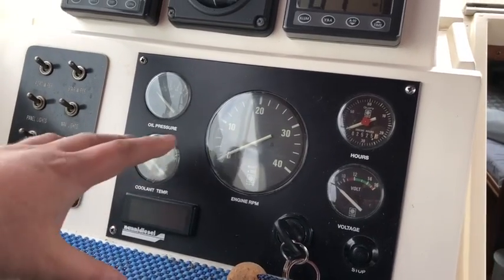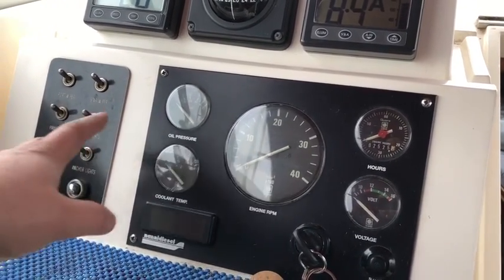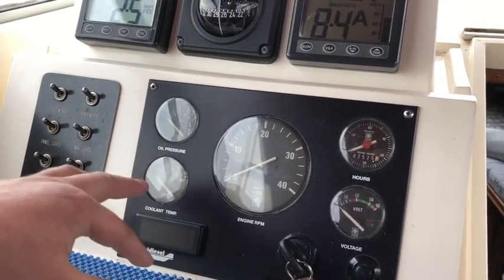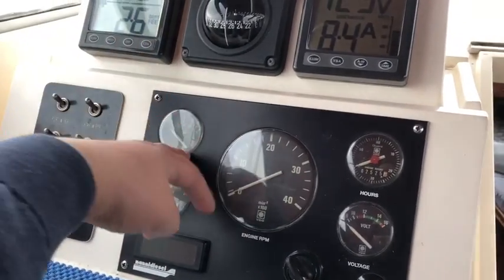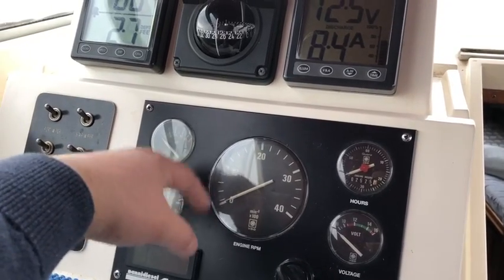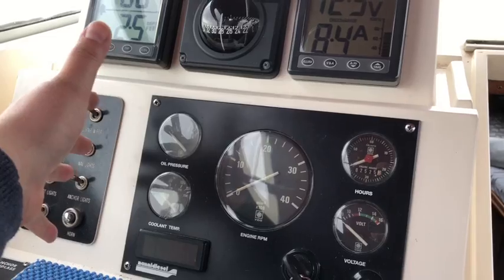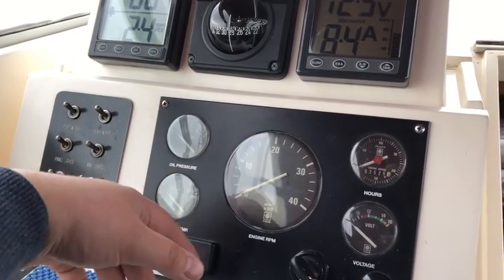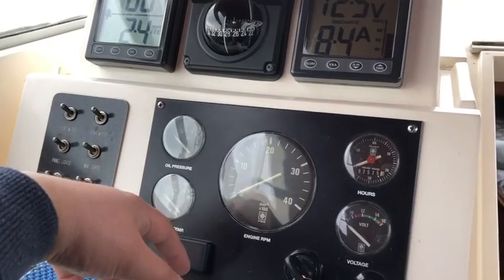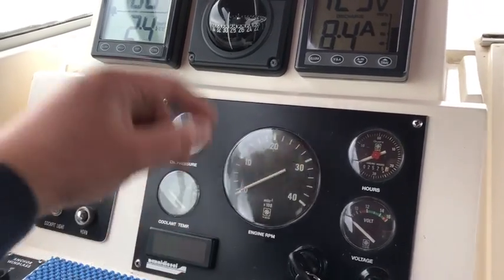It's done 2,525 hours on the engine, but it uses no oil, no coolant, and it holds about 4 bar pressure of oil. It's in very good condition. So when people poo-poo Nanni engines and talk about good old Perkins and BMCs, that you have to change your oil relatively regularly in comparison to these more modern engines,